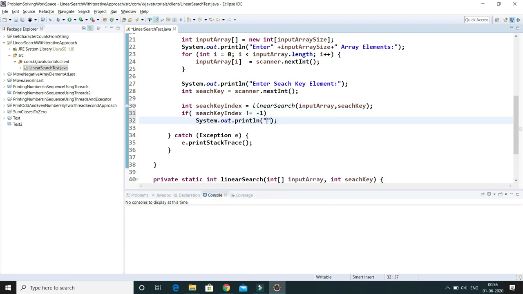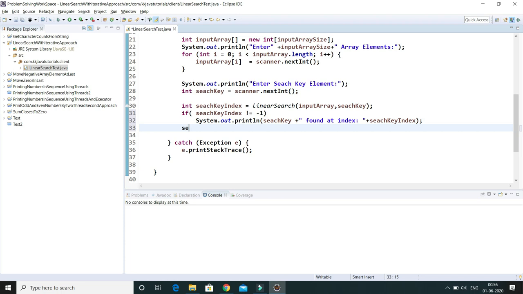So here you have to print a message: the search element found at index, and here the index number you have to print. That's it. If that returns -1, then in the else part you have to print